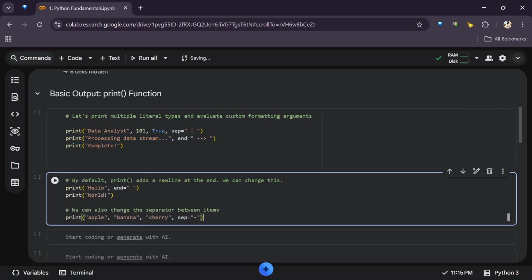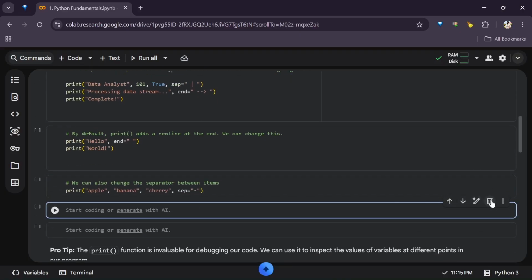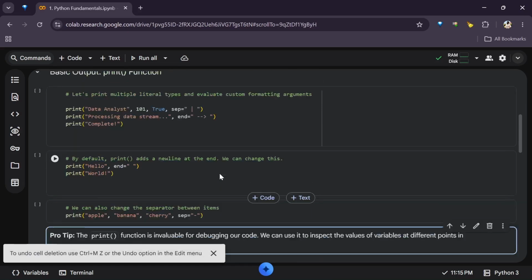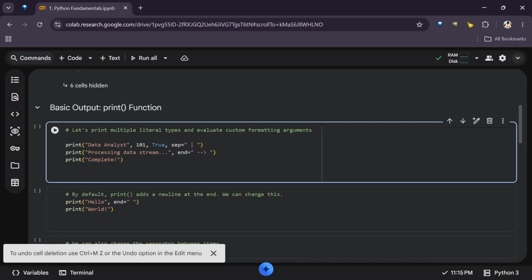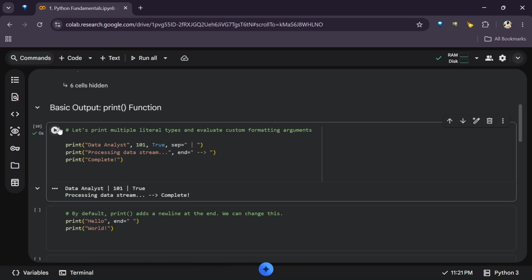Put this here, and also take this and put this here. Delete this as well. So here we have data analysis 101 true. We also have processing data stream. I'll say the end. And we have complete. Let's print it out and see what it looks like. So you can see, now we have this. Because we changed the separator.